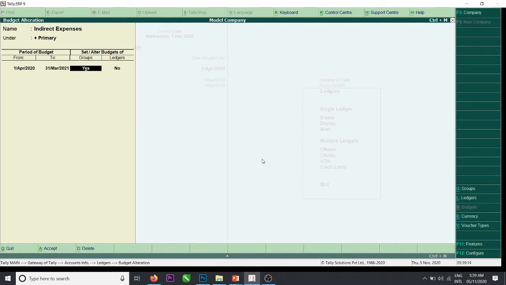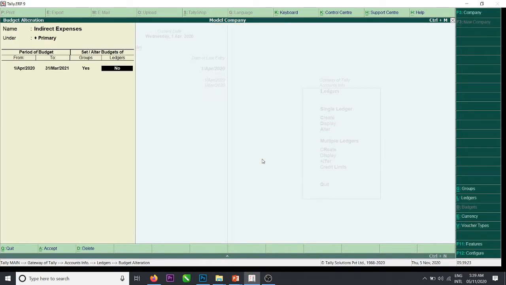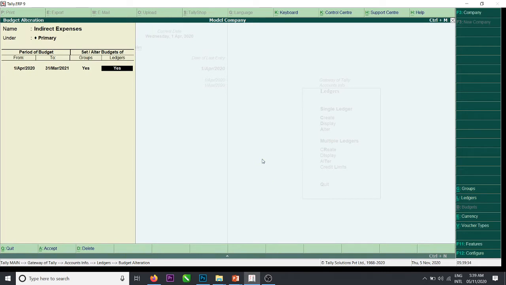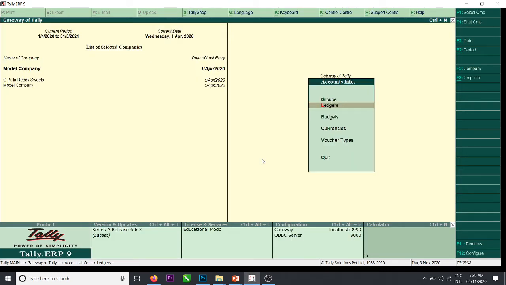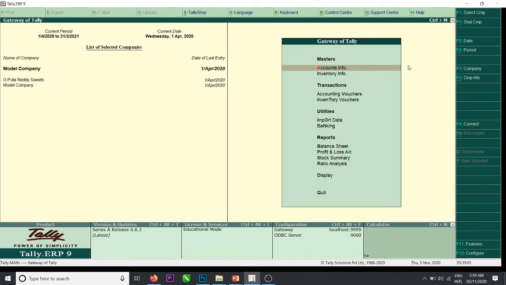Then coming to shop rent, we set the budget of 36,000. Okay. That is regarding Control B for selecting the budgets. Next shortcut key is